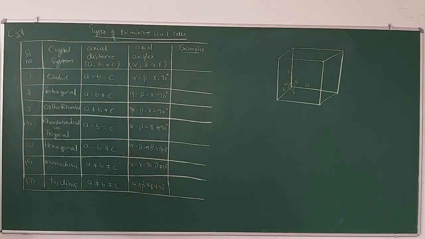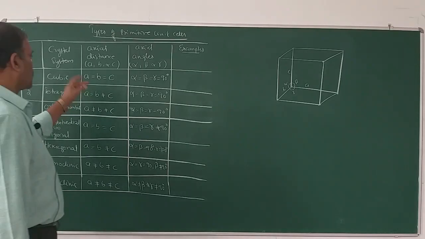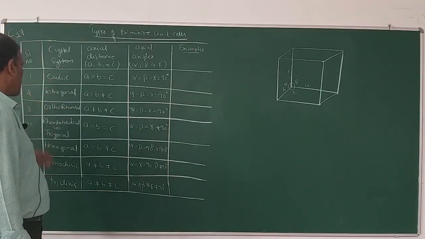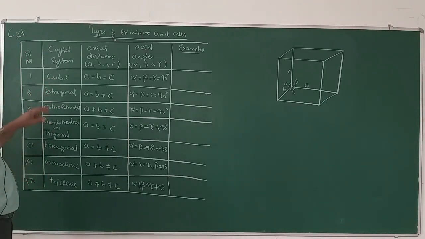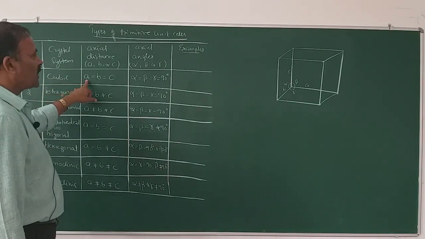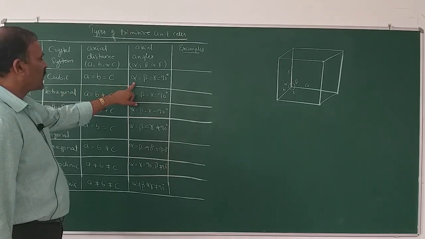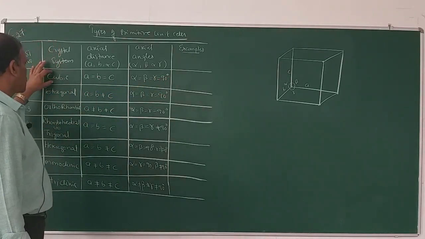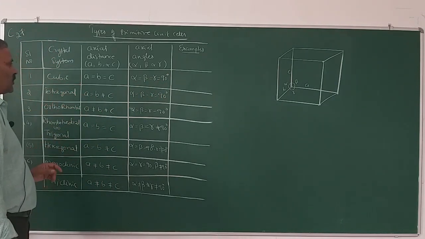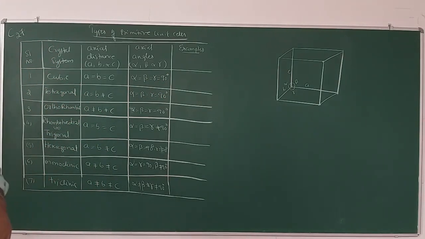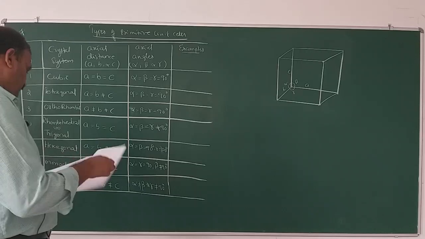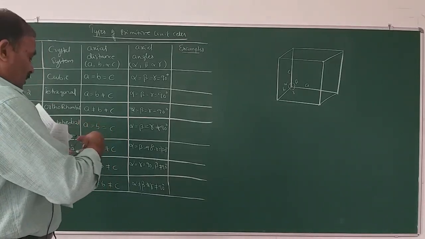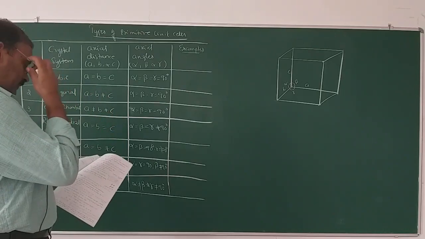So these are the differences between all these 7 types of crystal systems. So if A equals B equals C and if alpha equals beta equals gamma equals 90 degrees, its structure is cubic. Like that you have to bear in your mind. Coming to the examples, I will give you the examples. So for cubic,